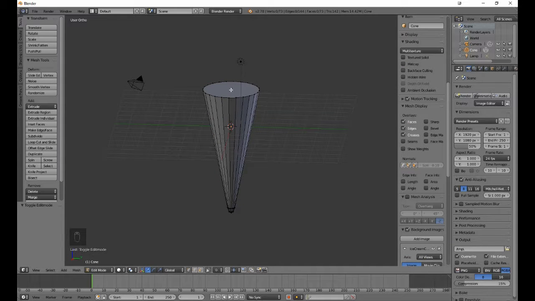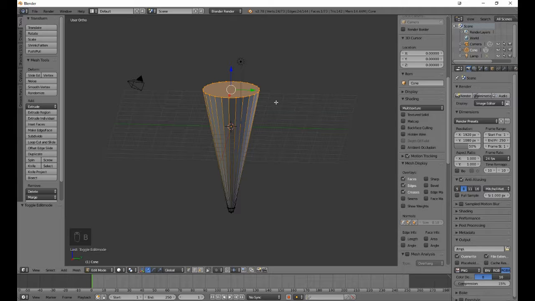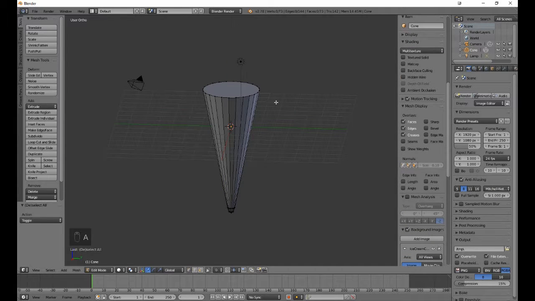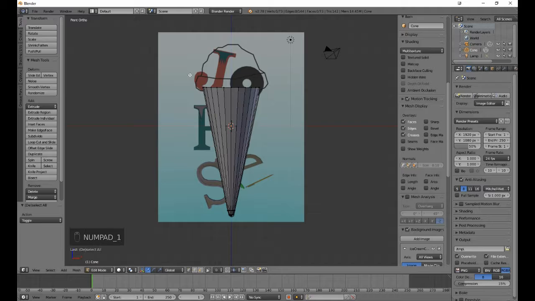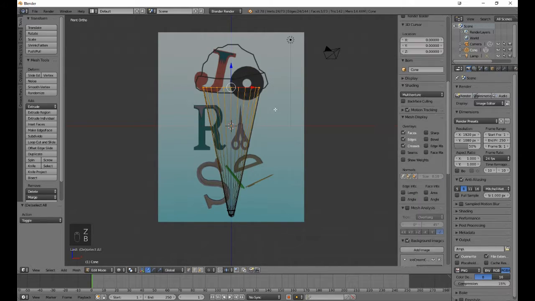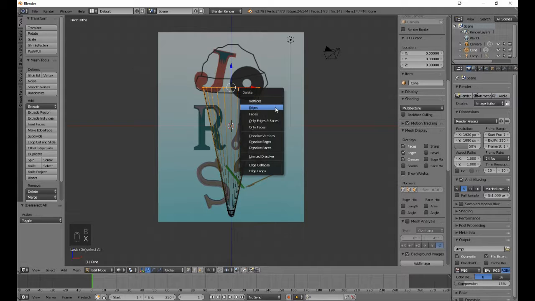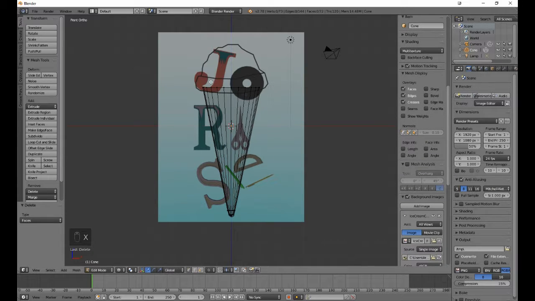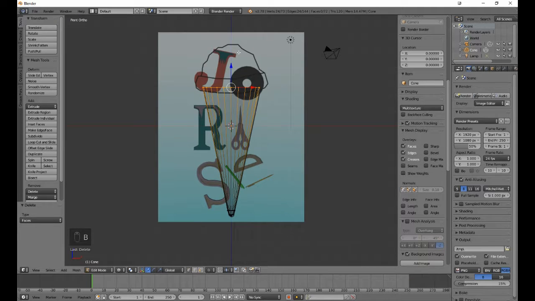And while we're in a user view, we can select this top face, or we can go into one of our side views and going into wireframe, select and delete that face. Having done that, we now want to do the actual ice cream ball at the top of the cone. So we're going to extrude out